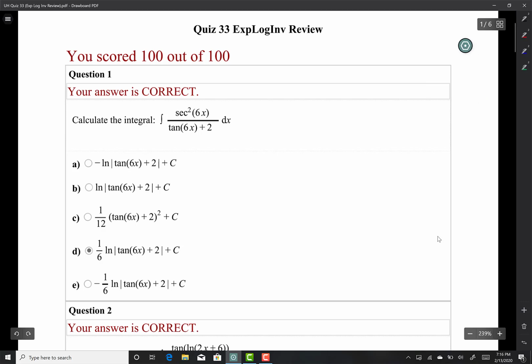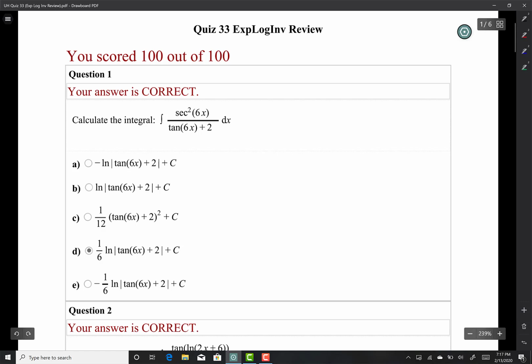I think you're going to like it. Let's get right into it. So it says calculate the integral of secant squared 6x over tan 6x plus 2. So the way you do that, let me make sure that we're recording here. Yeah. The way you do that is